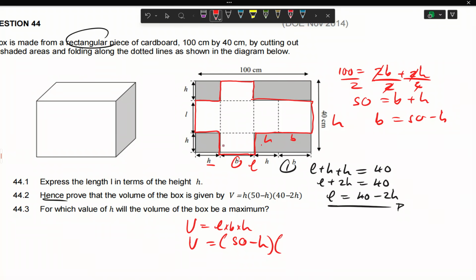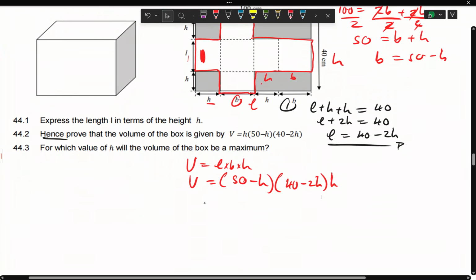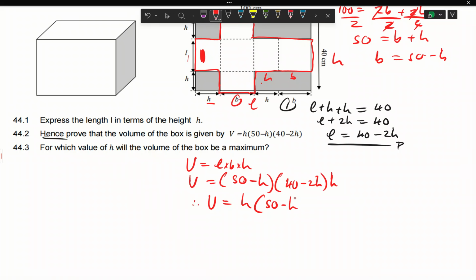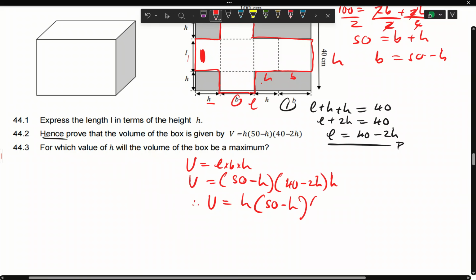So now the breadth is, I'm just going to say the breadth is this part there, the one that we calculated to be 40 minus 2h. And the height is just the height. Understand? It's just the height. So just leave it like that. To write this nicely, say therefore V is equal to h times 50 minus h